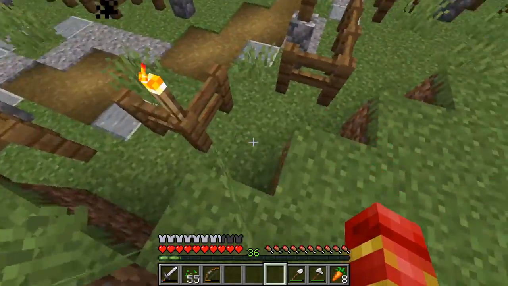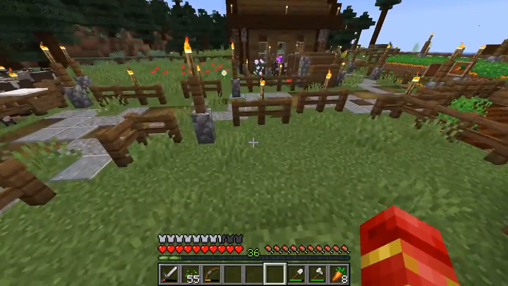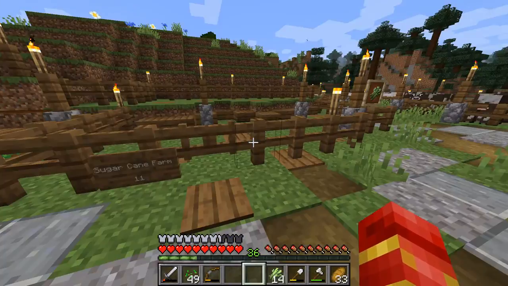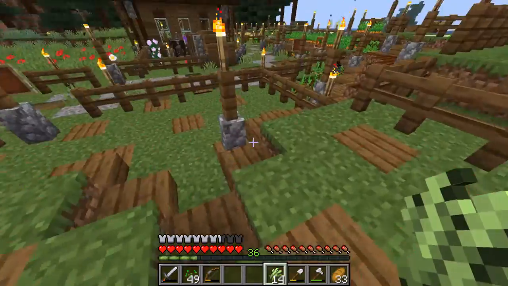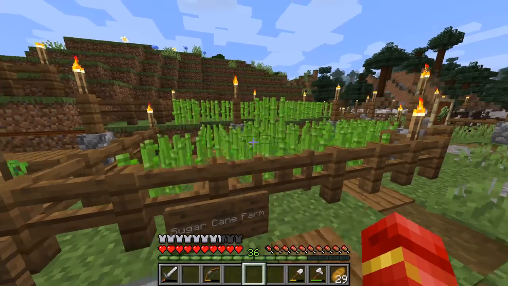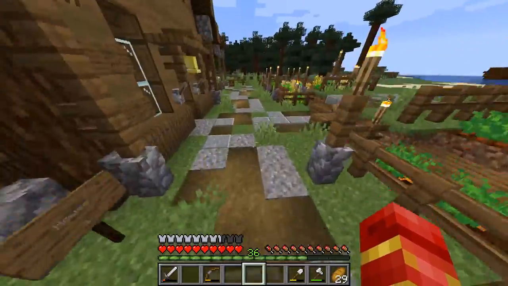So what I think I'm going to do is turn this area right here into a sugarcane farm, so that way we can turn most of that into paper. I've now gotten our sugarcane farm prepped up to be planted, so I'm going to plant all this sugarcane. So while we wait for this sugarcane to grow, the next project I want to work on is something kind